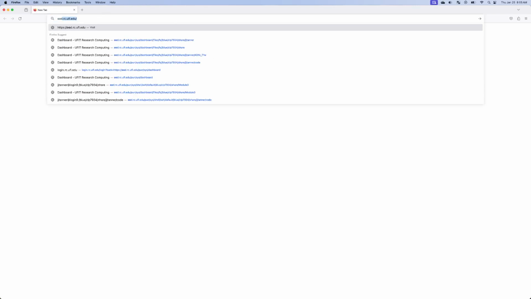I'm going to show logging onto Hypergator and processing the data for Module 3. This is a very basic processing with FreeSurfer. We're going to use a command called recon all, but I'm going to walk through the steps on this. So my browser, I'm going to go to